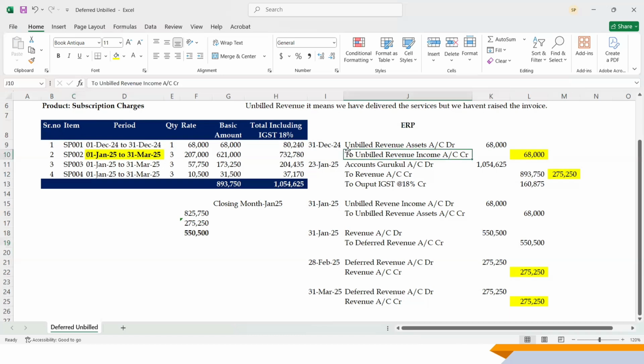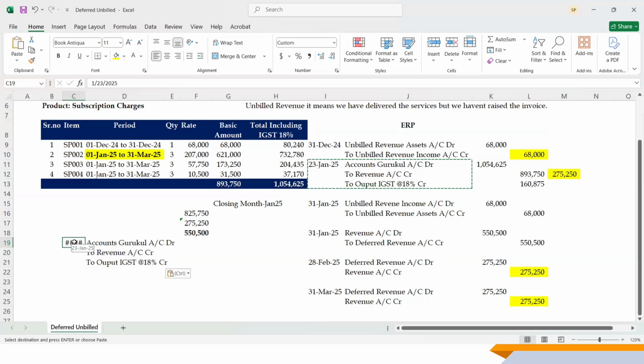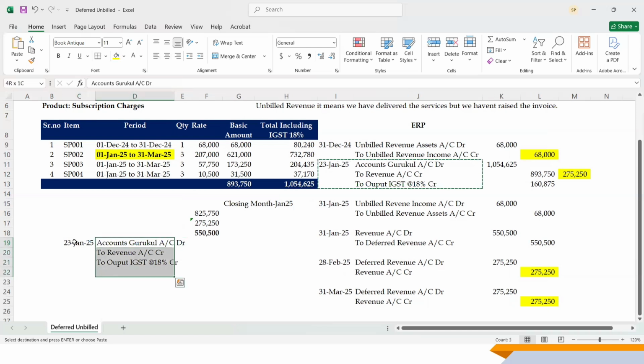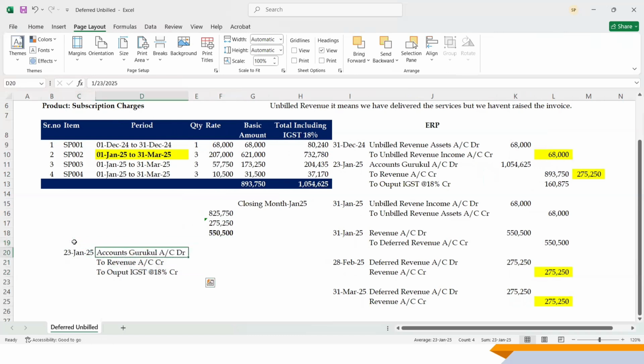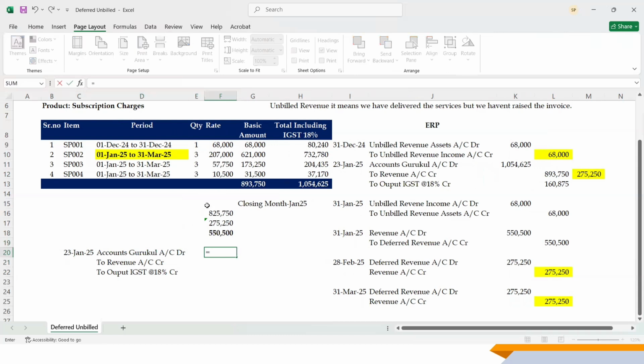The first is as of 31st December 24. I'm going to do the reversal for that. Or if you're going to hit it straight away to the revenue account, then how are you going to do the entry for that? When you are booking this invoice as on 23rd Jan, if you have the scope to do the entry manually, then you can do the consolidated entry here. For that, we will discuss this 10,54,000,